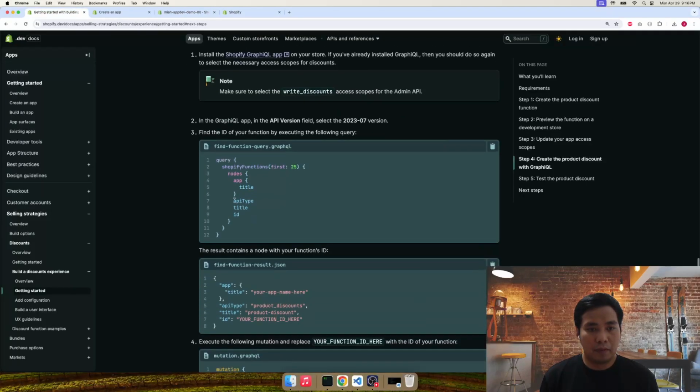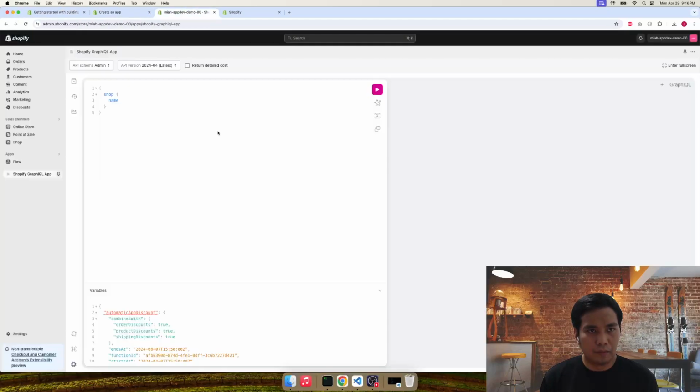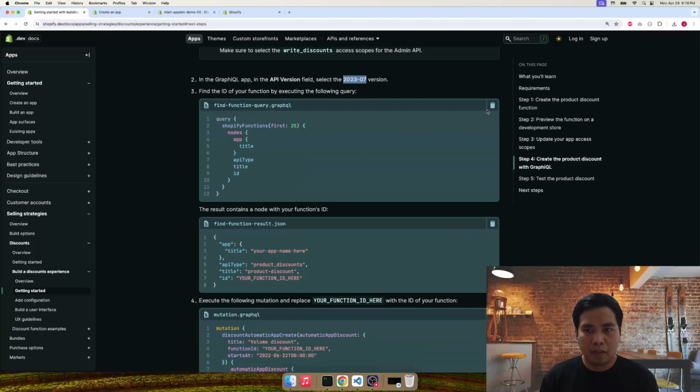So first step is to make sure you have an updated version of the API selected. I'm going to be using the latest version as of this recording, so that's the April 2024 version. I'm going to use this find function, query GraphQL,